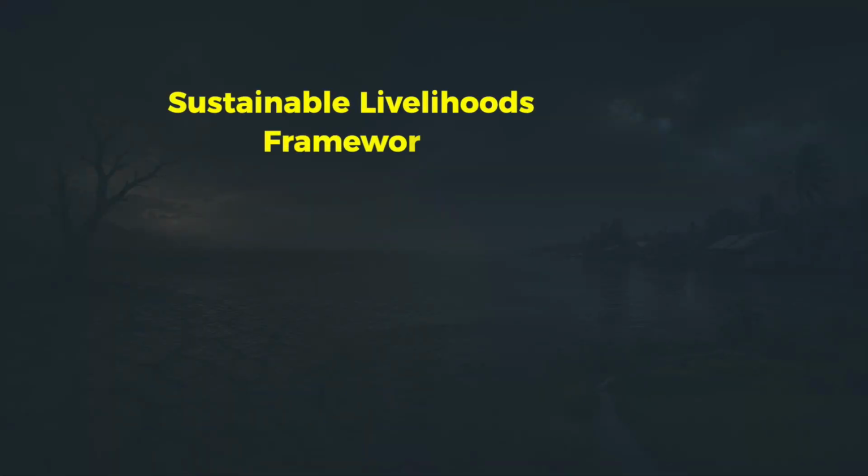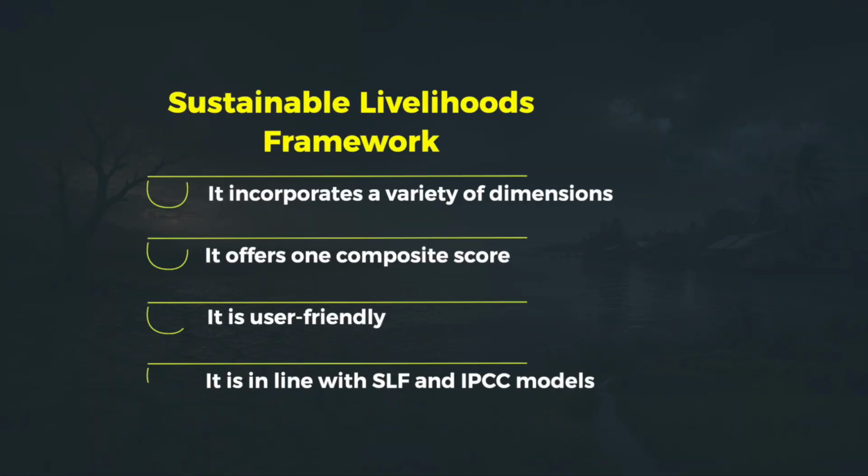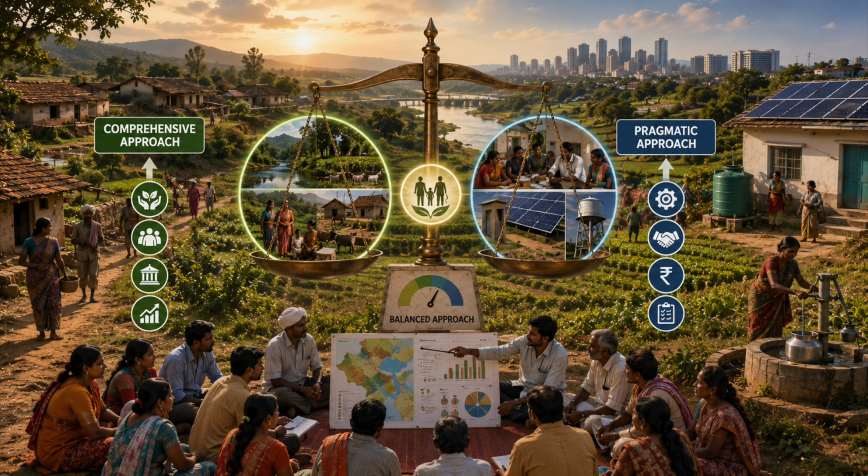Next is, as I discussed, the sustainable livelihood framework. Livelihood Vulnerability Index stands out because it incorporates a variety of dimensions. It offers one composite score, it is user friendly, and it is in line with SLF and IPCC models. Other frameworks can offer a more detailed understanding of the dimensions, yet Livelihood Vulnerability Index offers the balance between the comprehensive approach